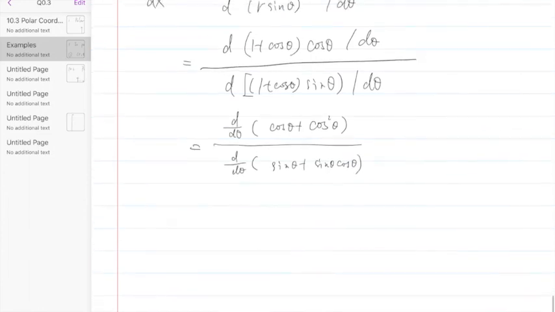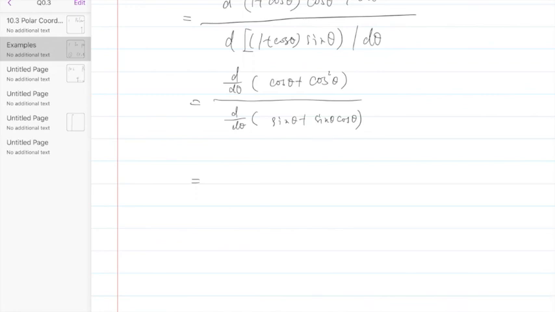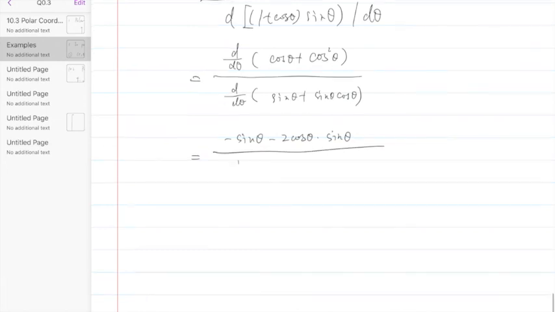And the derivative of this, sine theta plus sine theta cosine theta. That's how we're going to do the derivatives. Then what you really got here is going to be negative sine theta plus 2 cosine theta times